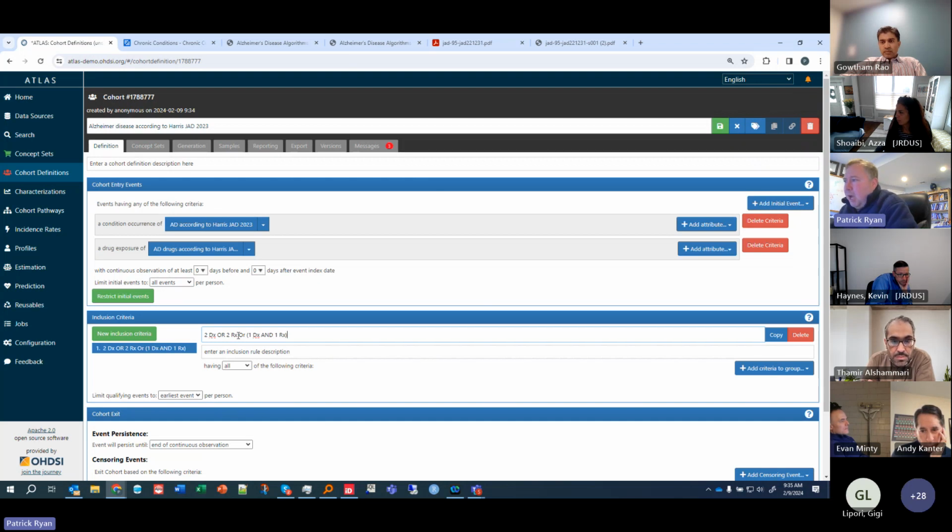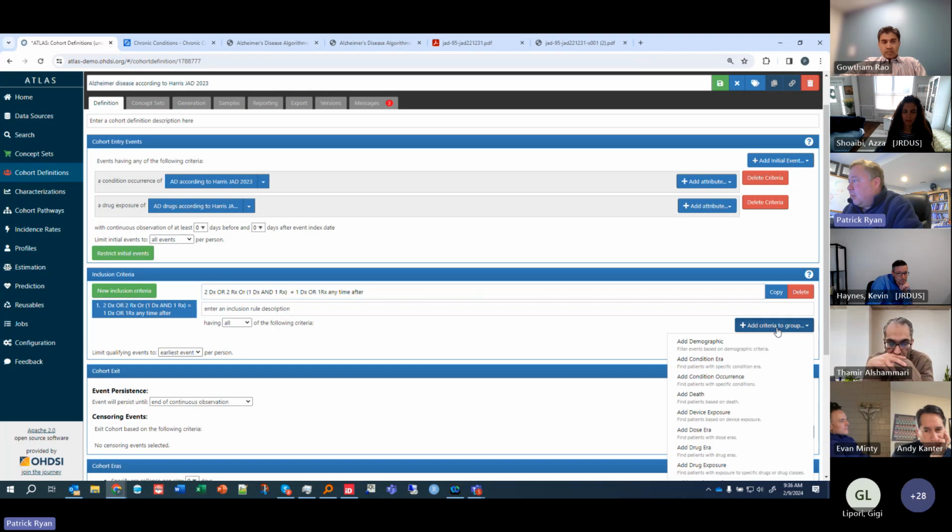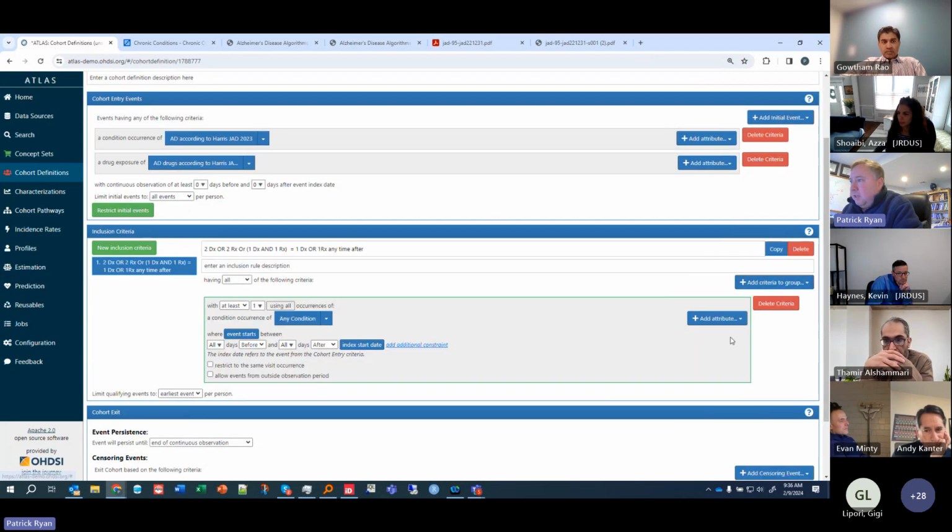Now, there's multiple ways we can model this in Atlas, but I'm going to take a very simple, straightforward Boolean logic, which is that if I know that I'm entering on either a condition or a drug, then the logic is actually that I just need to have 1 DX or 1 RX anytime after. And the reason for that is if I come in for a condition, then if I have either a drug or a condition later, I'm in. If I start with a drug and I have either a condition or a drug, I'm in. In either case, this logic will allow us to capture that, at least in my reading of this clinical